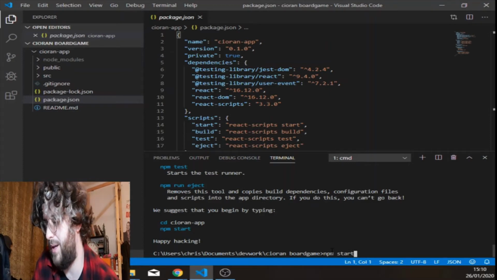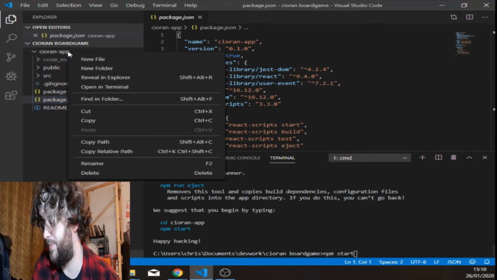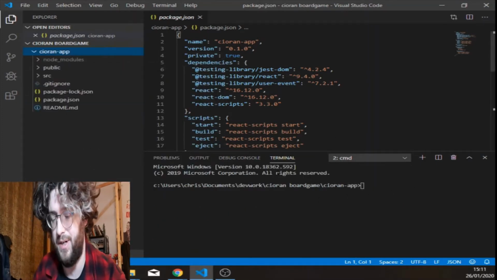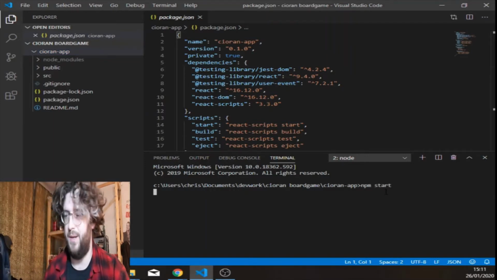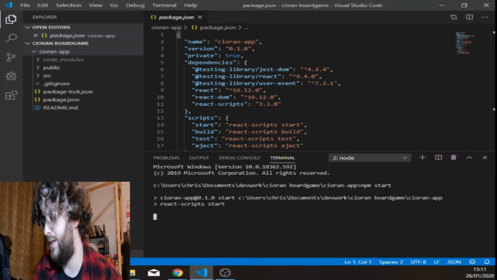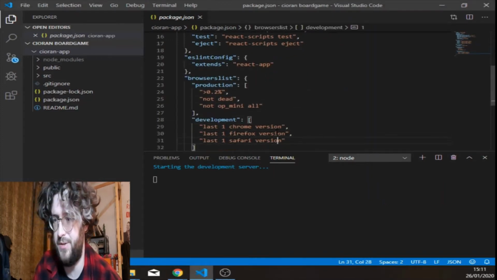So you type npm start into your terminal. I first need to go into the directory which you've created, which is Qlon app in this case, then run npm start, because it won't work otherwise. Does that make sense? There we go. That's the boot up script, so this will be the actual